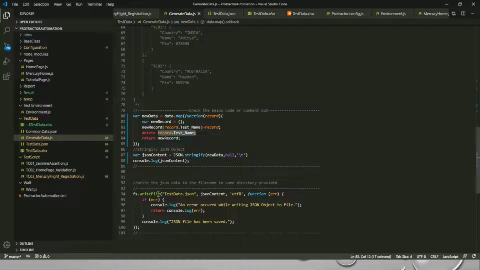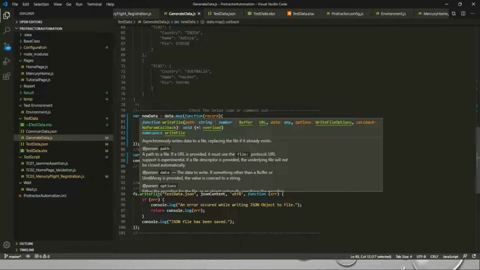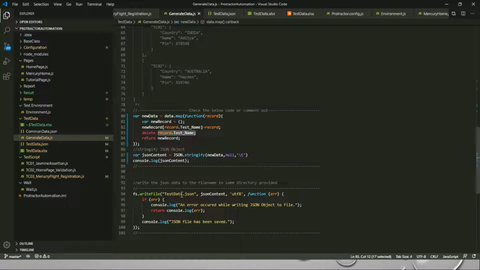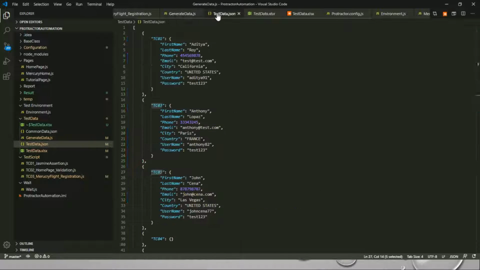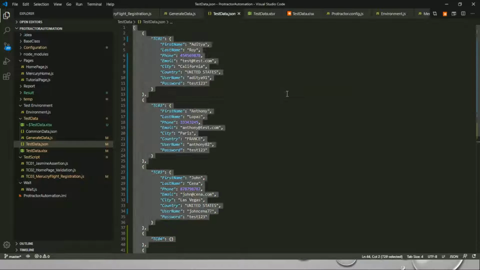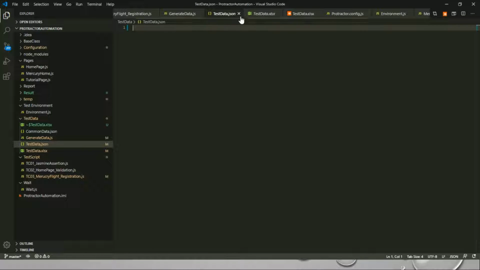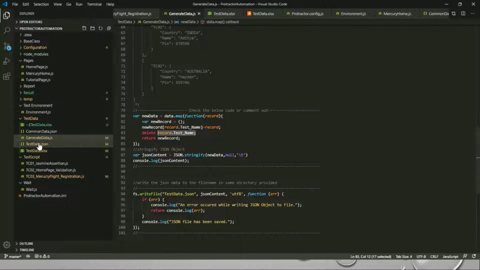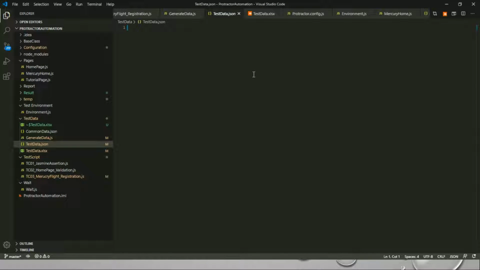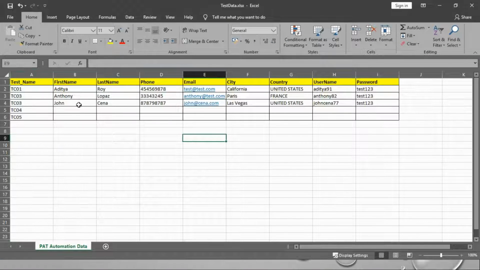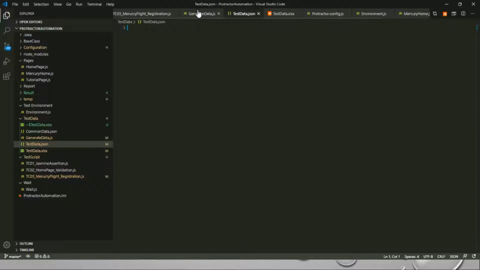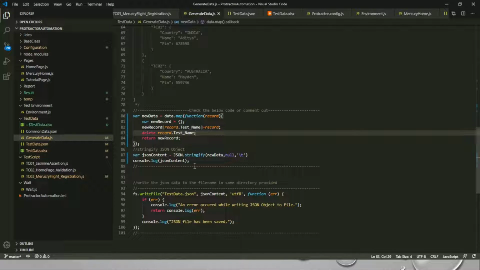Once I'm getting the JSON, then I'm flushing the JSON object to a file. The file name is test.json file. Okay, so basically suppose let me delete everything. Okay, I've deleted everything. My test.json, if you open now, it should be blank, right? It should be blank. Let me close it again. Let me open test.json. It's blank. You don't have to worry about it. We have this test.excel. You update all the data over there, and we have generated data that we are using, and we are flushing the file over here.